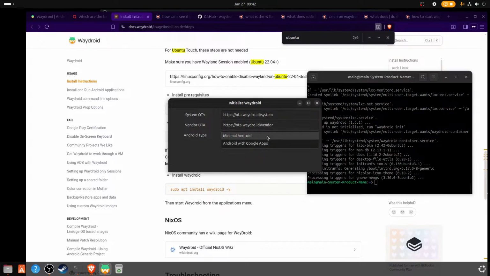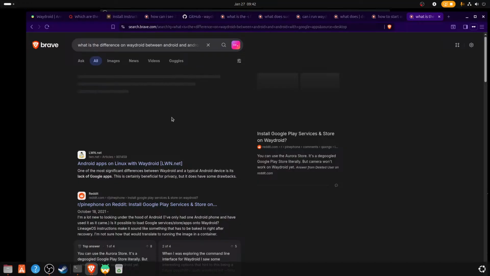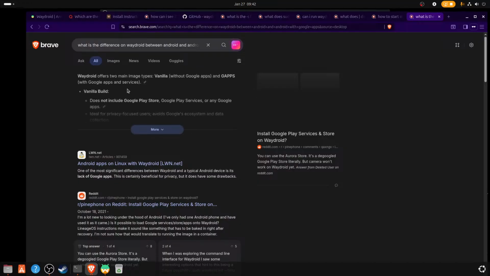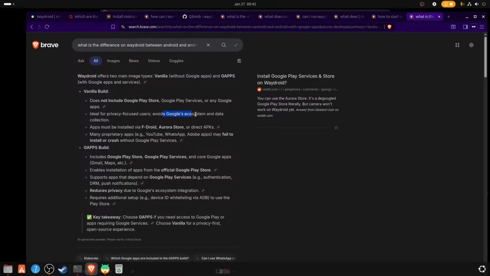So initialize Waydroid. Minimal Android, Android with Google Apps. What's the difference? What is the difference on Waydroid between Android apps? Okay, I don't actually know which one I'm going to use here, so we're going to end this one here. Maybe I'll go into depth further in the future, but